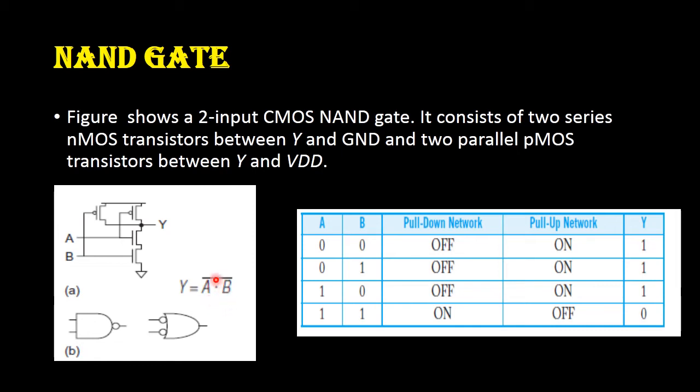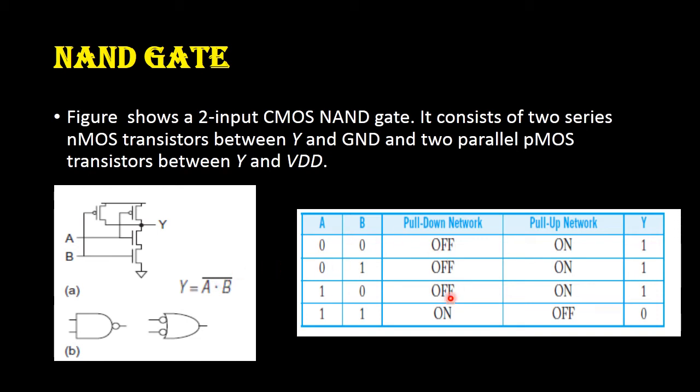Here first we have to see whether we are having a sum term or a product term. Here we are having a dot, that means product. Product means the PMOS transistors should be connected in parallel. Here we have two inputs, therefore two PMOS transistors are connected in parallel. This is the pull up network. Then in the pull down network, if you are having product, the NMOS transistors should be connected in series. So this is the overall logic diagram for a NAND gate.